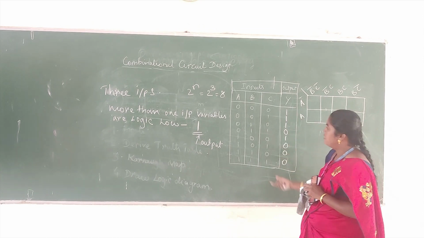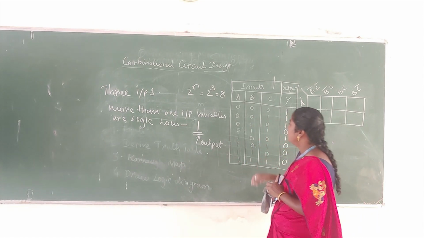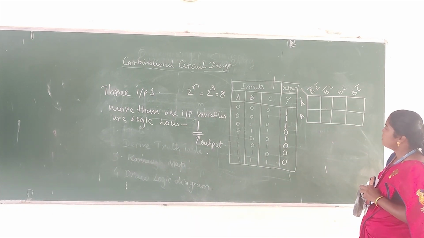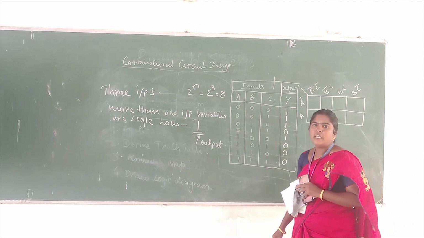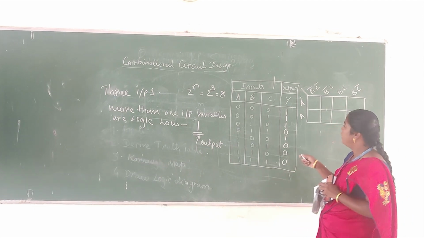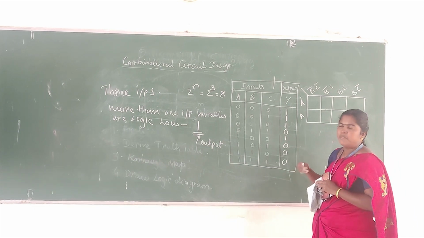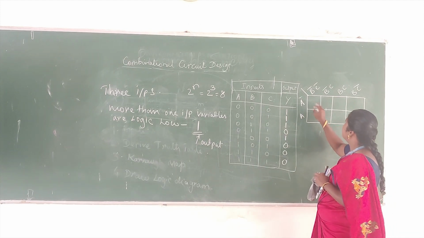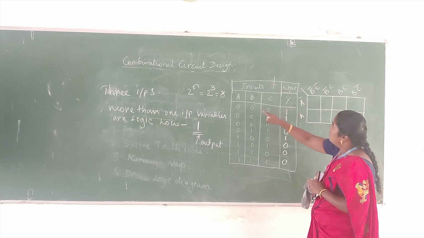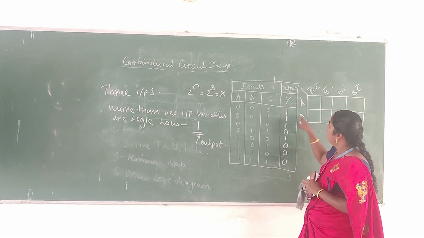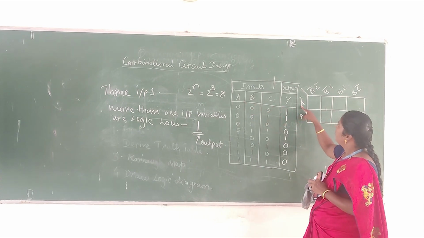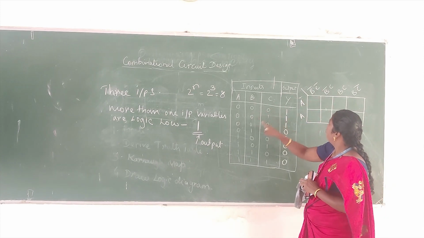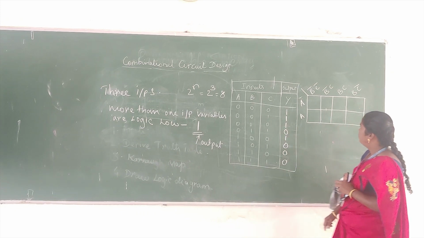Okay, derive the truth table. The second step is completed. The third one is the K-map. The K-map is used to minimize the logic gates and increase the speed and minimize the delay. So this is the K-map. A means 1, A bar means 0, and then B bar C, 0 0, 0 1, 1 0, 1 1.